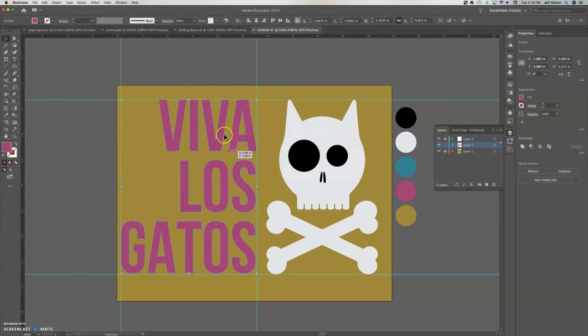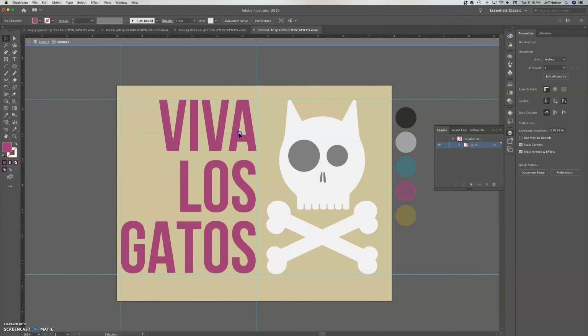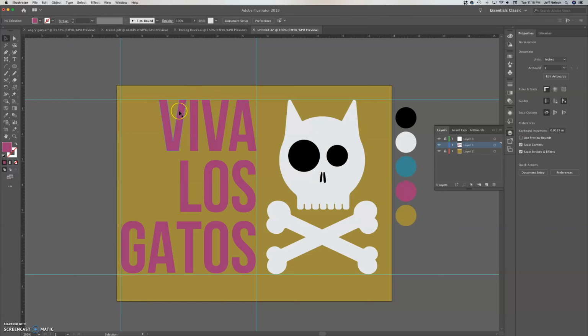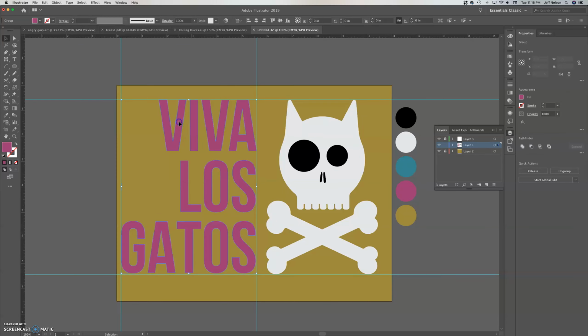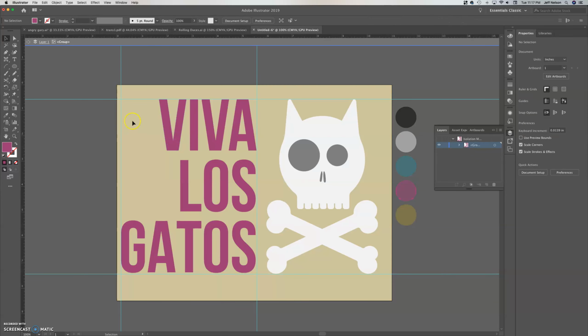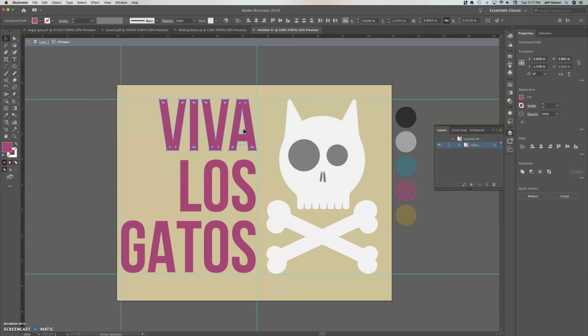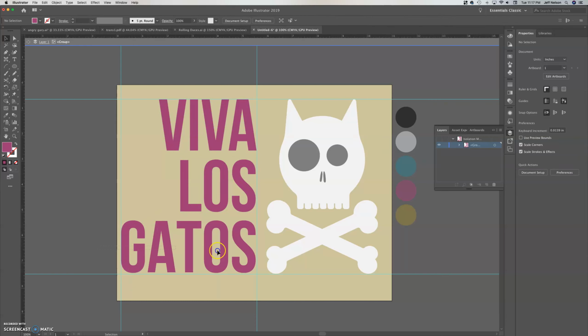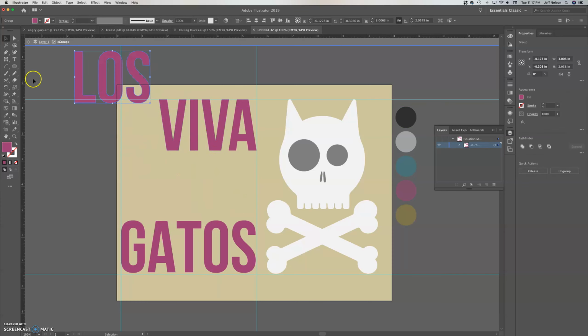I'm going to take each one of my words and actually, so right away when you did the type outline, it actually groups it all together. So I'm actually going to go into my group by double clicking on it and select each individual word. So I'm going to Command G for group, Command G for group, and then Command G for group. Okay, so now these words are individual words. Okay, cool, because I want them to be spaced out the same way they are right now. So bring this here,